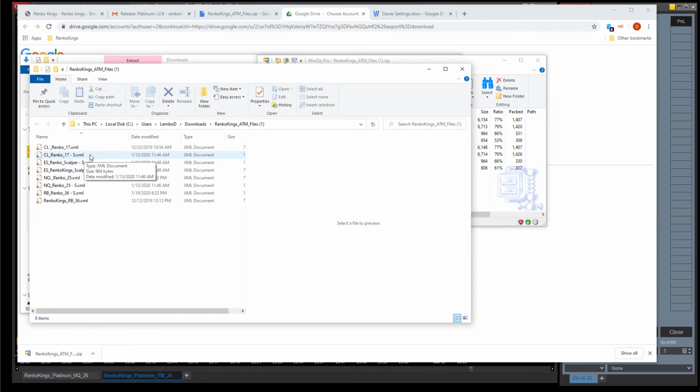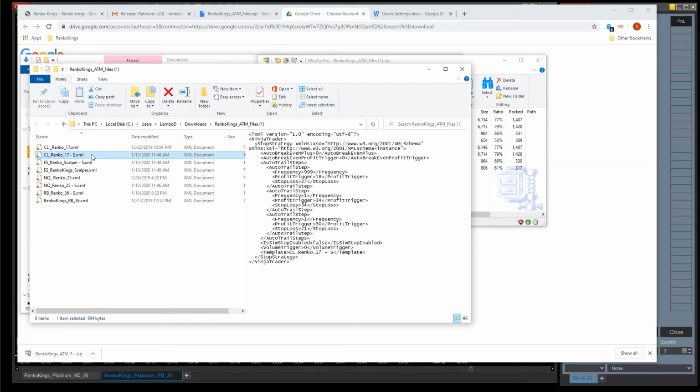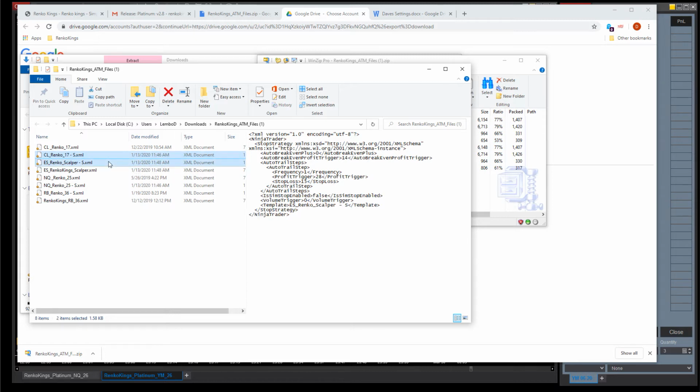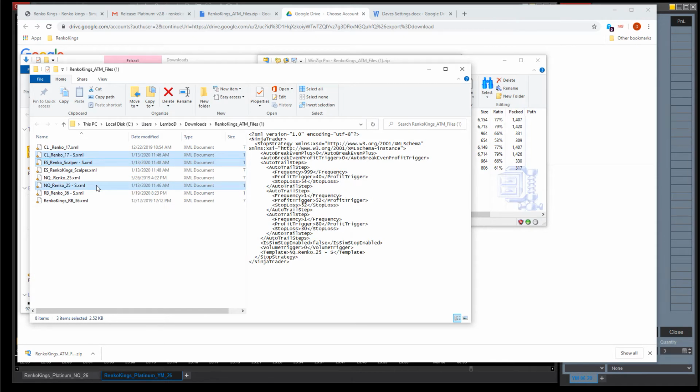Okay, so here's the CL one, so I left click it. Here's the ES one, so I'm going to hold down the control key and left click the mouse, let the control key up, and you can see they're both highlighted. Go find the next one, NQ Renko 25-S. I'm going to hold down the control key, left click it, it's highlighted. And then RB Renko 36-S. I'm going to hold down the control key, left click it. Okay, so now I have all 4 of them that end in an S